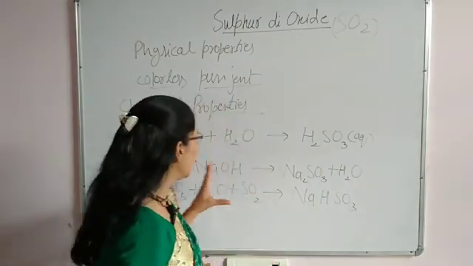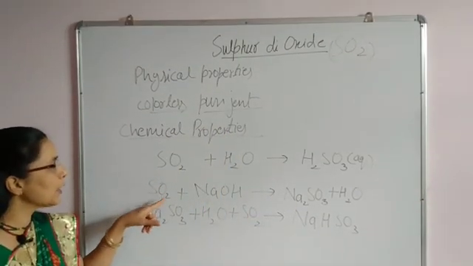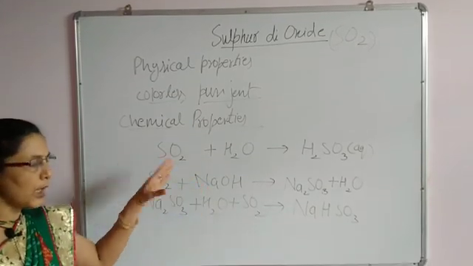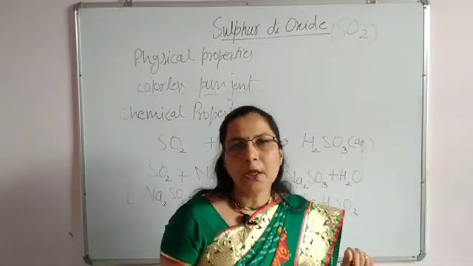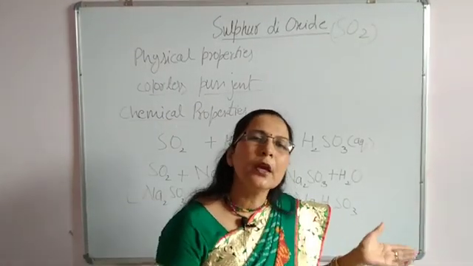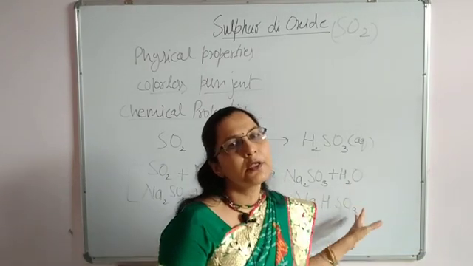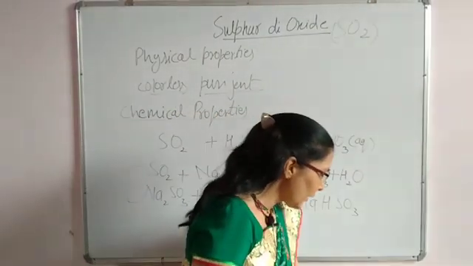So you can remember these two chemical equations by comparing carbon dioxide when treated with base or carbon dioxide when treated with calcium hydroxide. There was formation of carbonate in the beginning, then later if excess of CO2 gas is passed, then it will convert into bicarbonate. So same type of reaction these are.